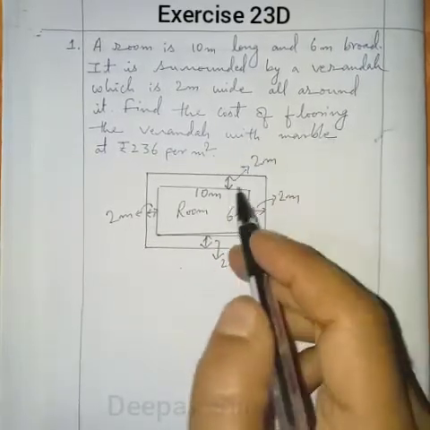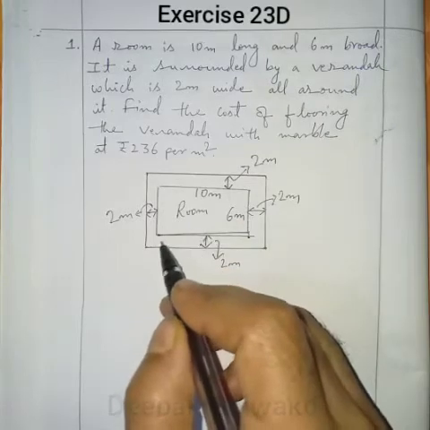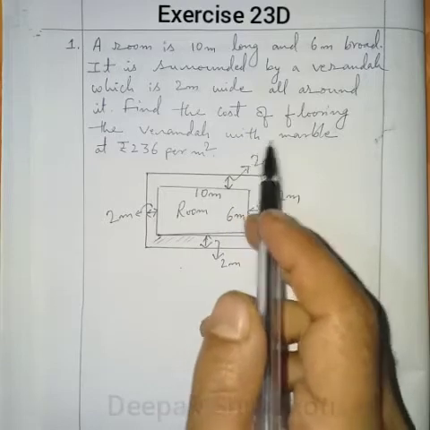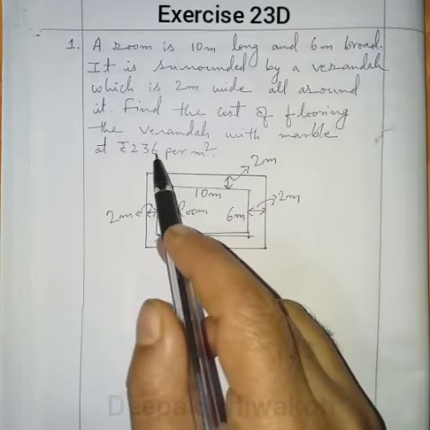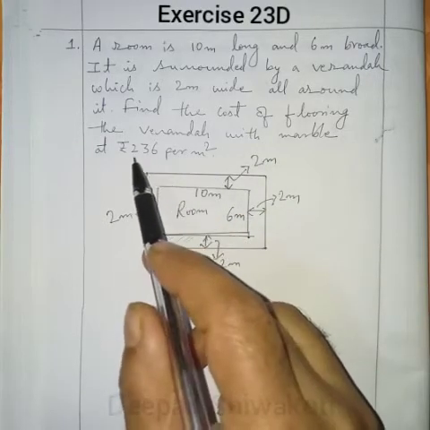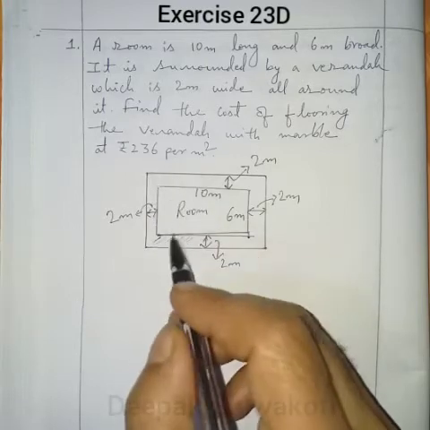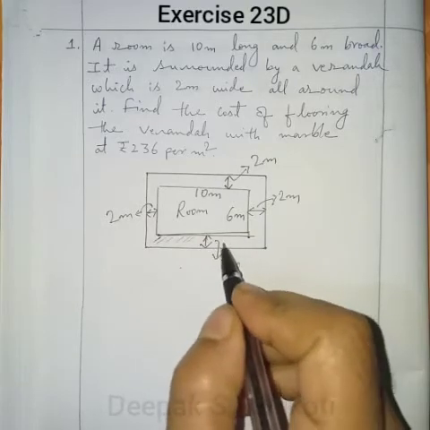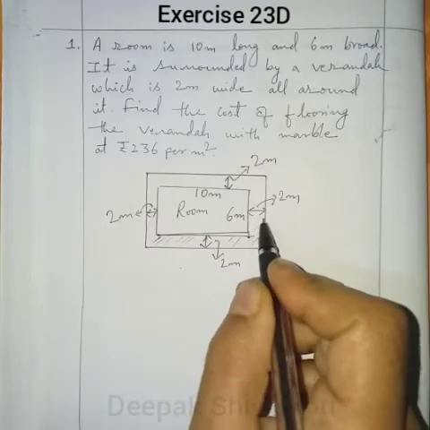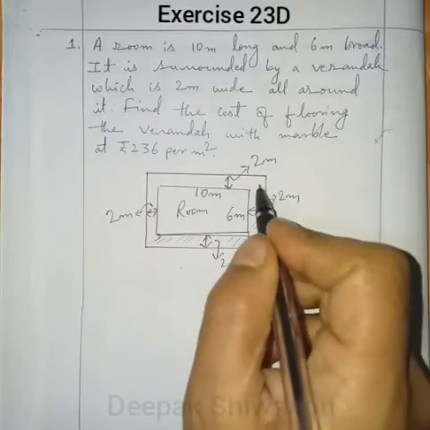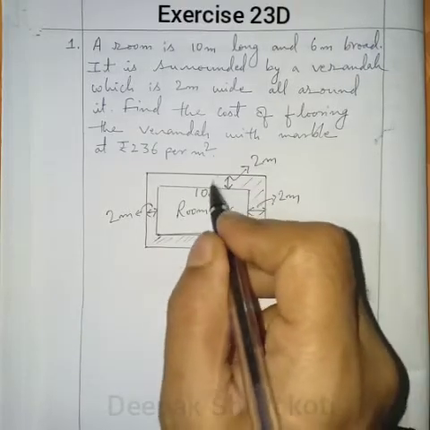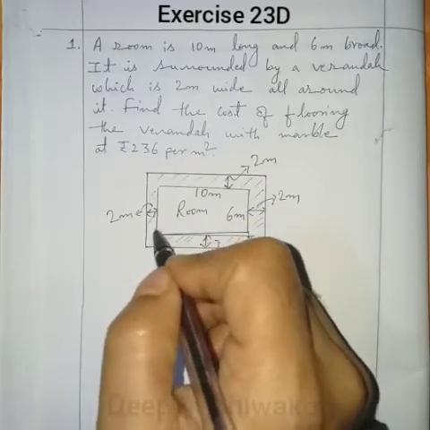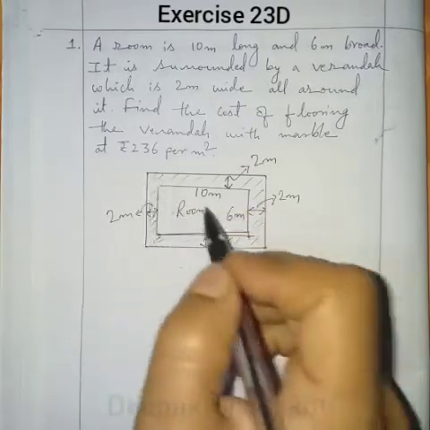Find the cost of flooring the veranda with marble at rupees 236 per meter square. So we have to find the cost of flooring this veranda. This is the rate of marbling the floor per meter square. First we have to find the area of this veranda, then only we can find the cost of marbling it. To find the area of this veranda, what we have to do